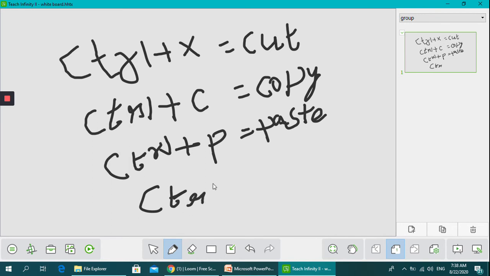These are the frequently used shortcuts. Control plus X is to cut the document, Control plus C is to copy the document or file, Control plus P is to paste the document or file, and Control plus O is to open. These are the frequently used shortcuts.